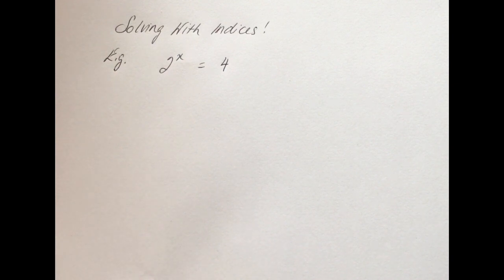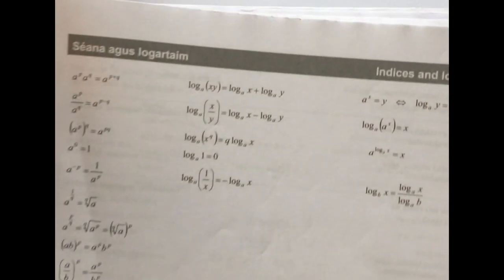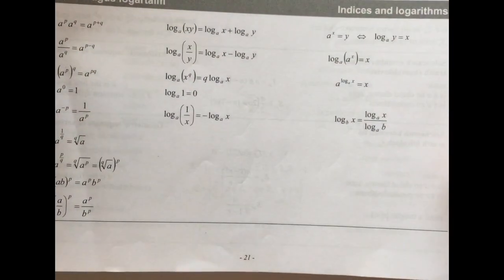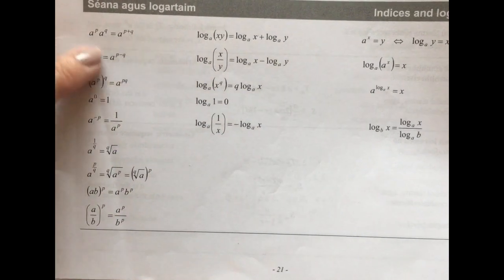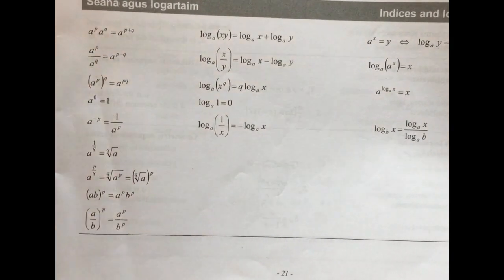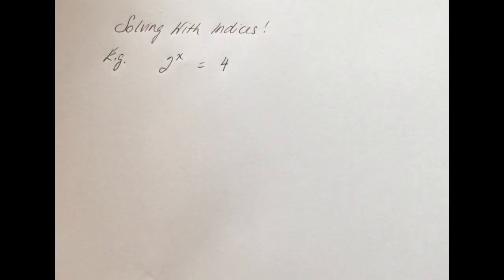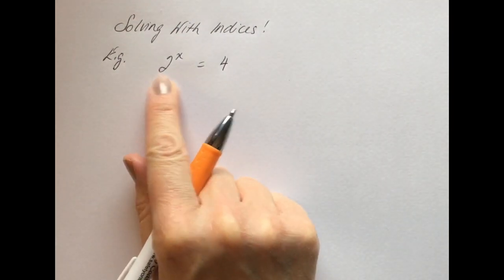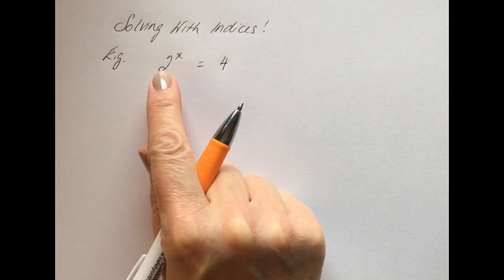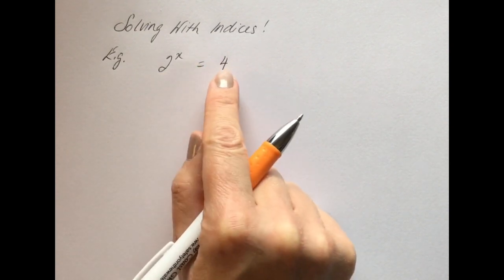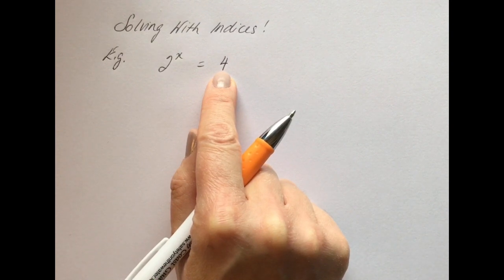The other thing I want to add is that the laws of indices are, of course, in your log tables on page 21, okay? So this always helps remind you of the different ways that we may be able to manipulate what we have here. With this one though, we just want to consider it and change it if we can to look like the left-hand side. And since the left-hand side is a power of 2, we want to basically make 4 a power